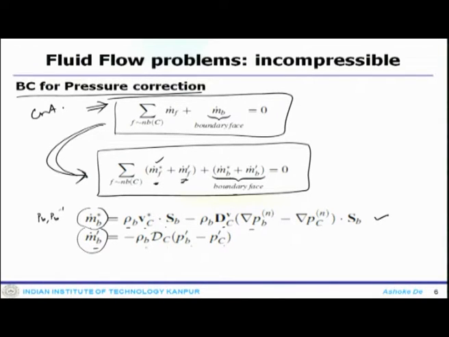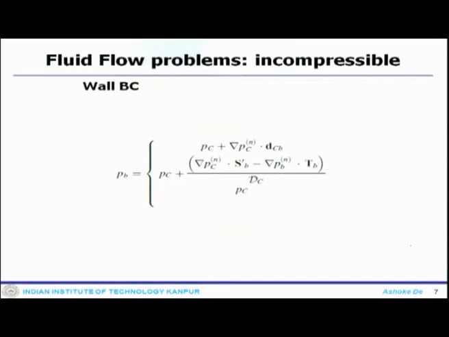So, so far, in whatever discussion we have done, the first type is designated by a specified mass flow rate, where we can apply that m dot b to be 0. Now, this is how one has to do it for the pressure correction equation. Now, we will look at a different kind of pressure correction equation boundary condition,